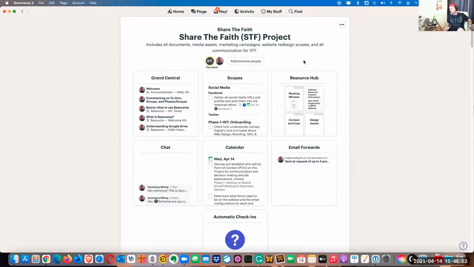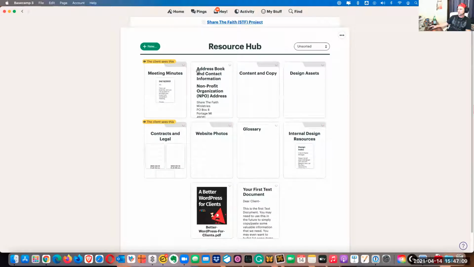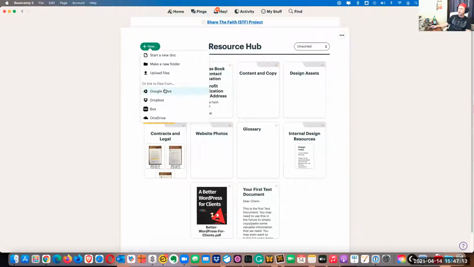So although Dropbox is helpful, especially with larger files, helpful for sharing files, even that too is too expansive. There's a certain linear nature of Basecamp. If you were to go to Resource Hub, for example, I'll just demonstrate this with you really quick, I can literally link up a Google